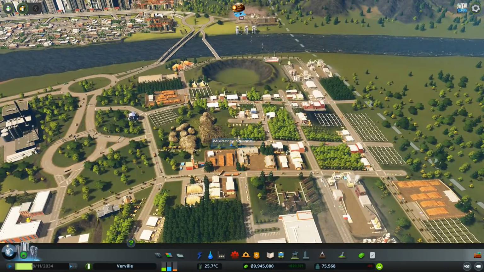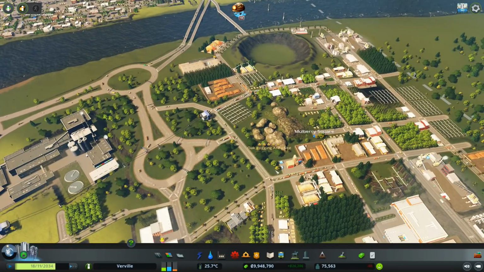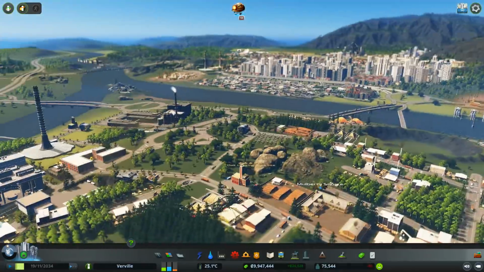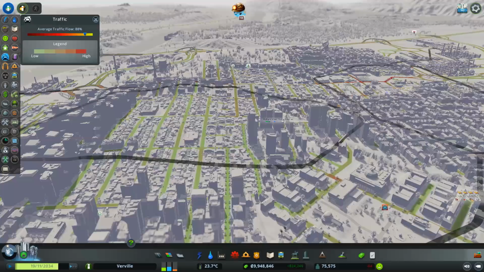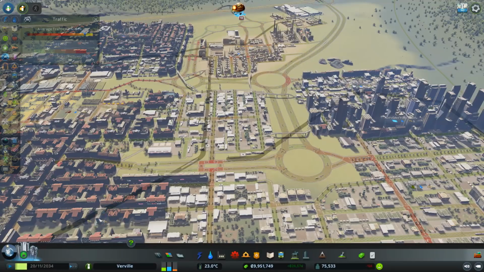This area is doing very well at the moment. Let's just have a quick look. Just a quick check if I can find it. Yeah, you can see that's up to level 5, so it's actually built up quite well. This part of the city is really stable. Just to show you, traffic-wise, everything's settled down. We've got a couple of hotspots, but nothing major,